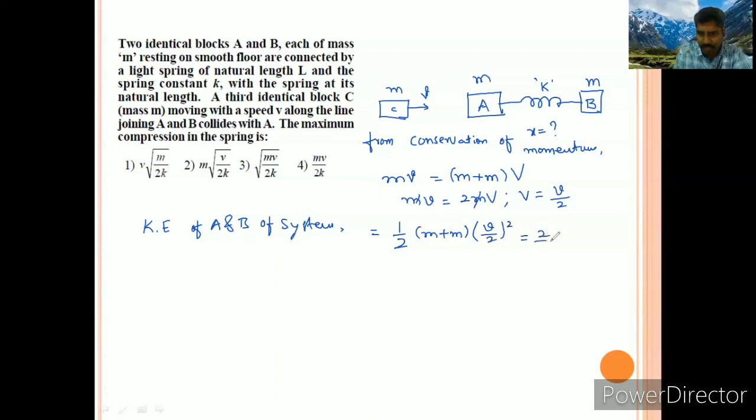It is 2 by 2 m, v square by 4. So 2 cancels. What can we get? mv square by 4. This is the kinetic energy. Now, from the conservation of mechanical energy,